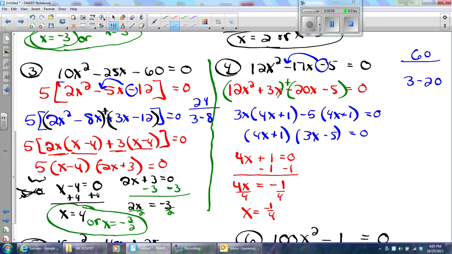Okay. Then I have to do 3x minus 5 equal to 0. 3x equals 5. Sorry, I skipped a step there. Hope you don't mind. Divide by 3. x will equal 5/3, or better yet, 1 2/3. So my answers are x could be negative 1/4, or,